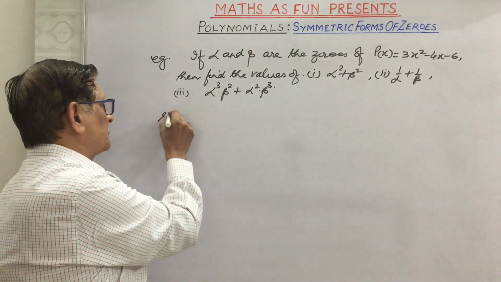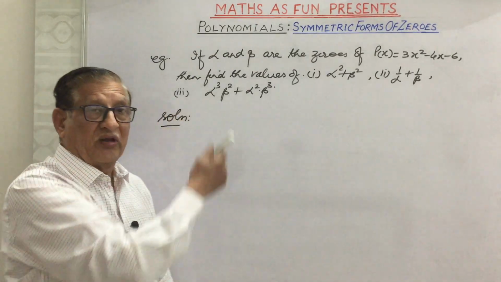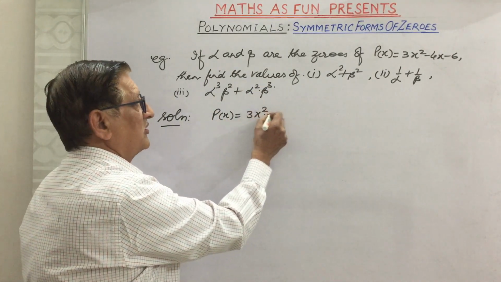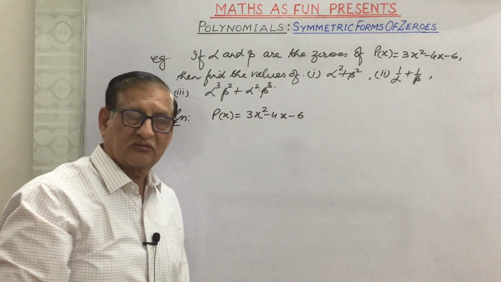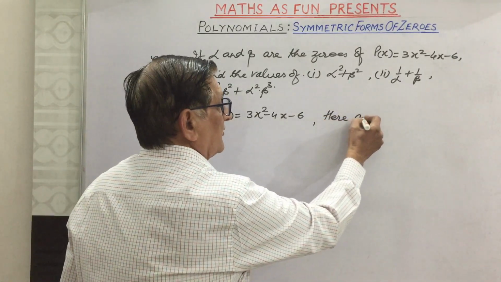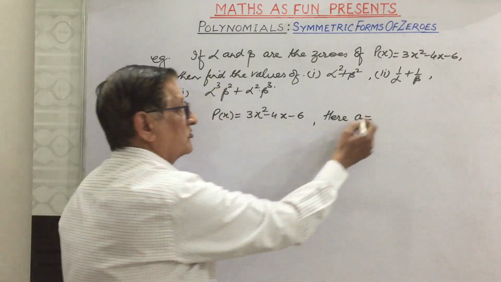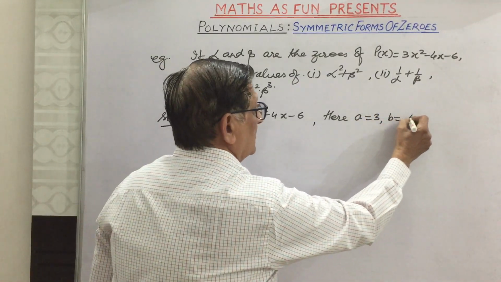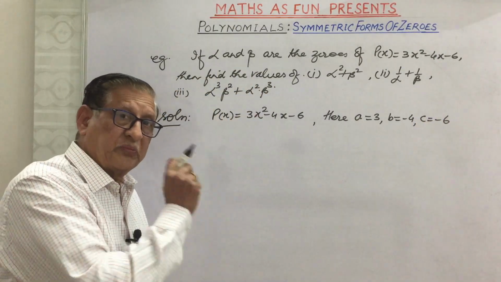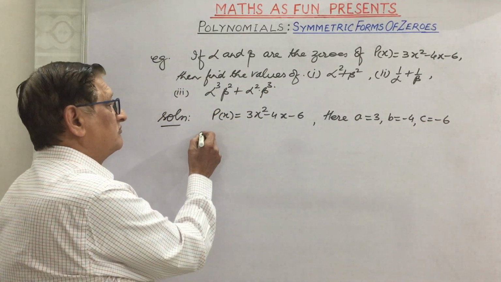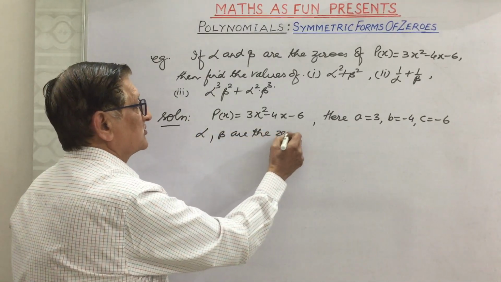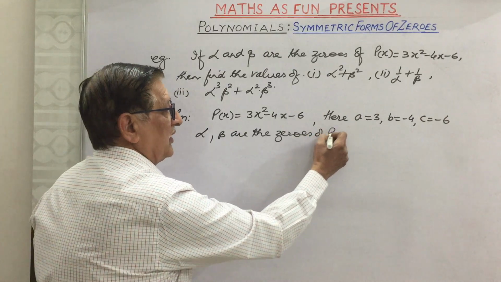For the solution of such a problem, we will write the polynomial first. P(x) is equal to 3x square minus 4x minus 6. Here we find the coefficient a is 3, b is minus 4 and c is minus 6. If alpha and beta are the zeros of P(x),